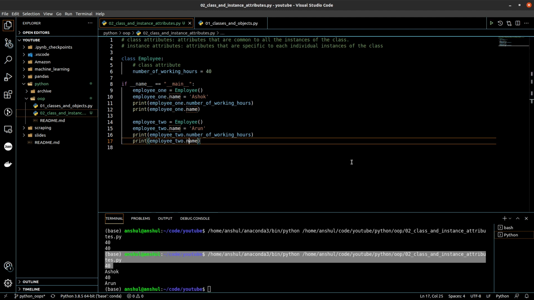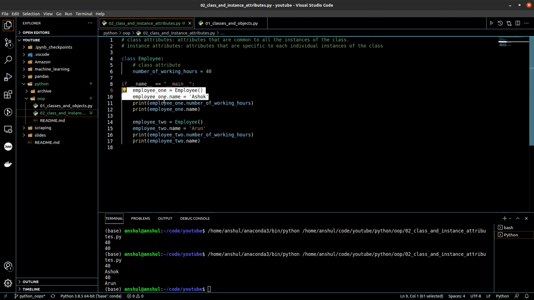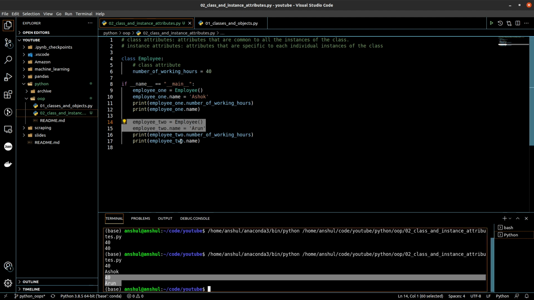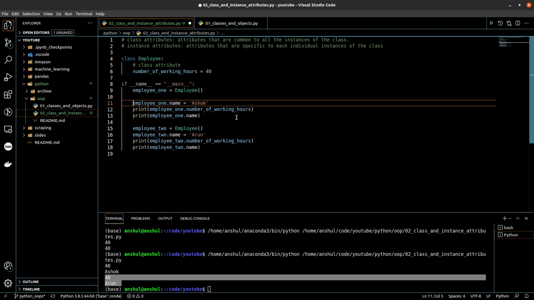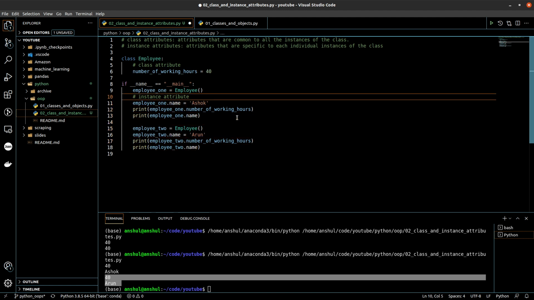If I run this, okay, now you will see here that the name attribute for employee1 is returning the value of Ashok, while the name attribute for employee2 is rightly returning the name value as Arun. So this is an example of an instance attribute. Both of them are examples of instance attributes.